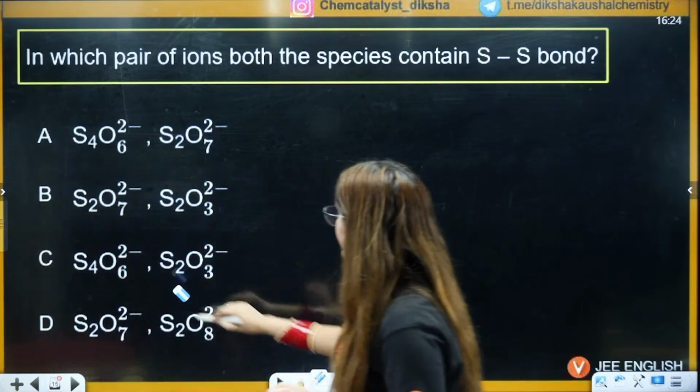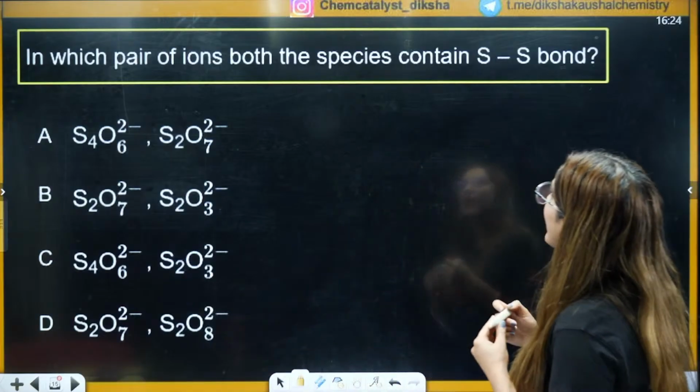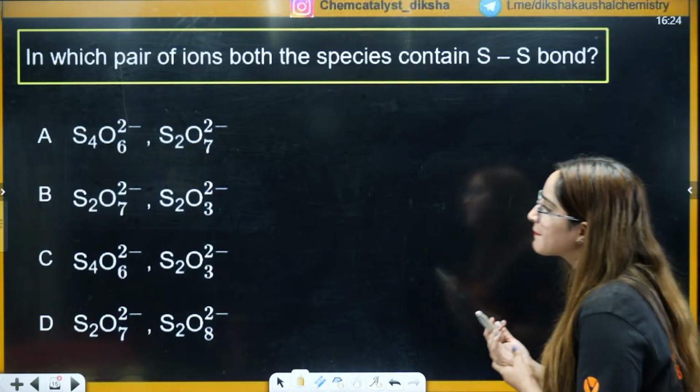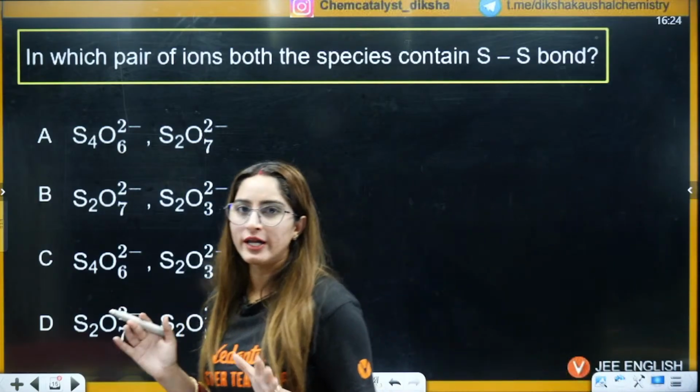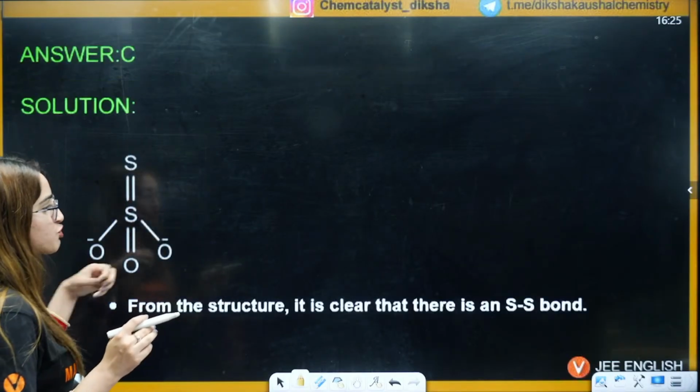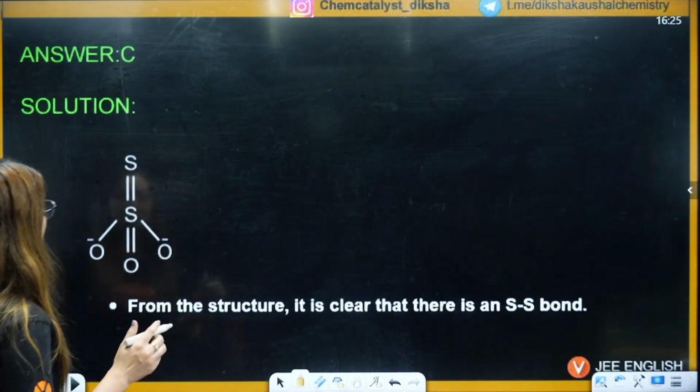In which pair of ions do both species contain an S-S single bond? Okay, so there is an S-S bond here, and you have to tell in which of the following pairs. Directly for this you should know the structure here. So you can see that in